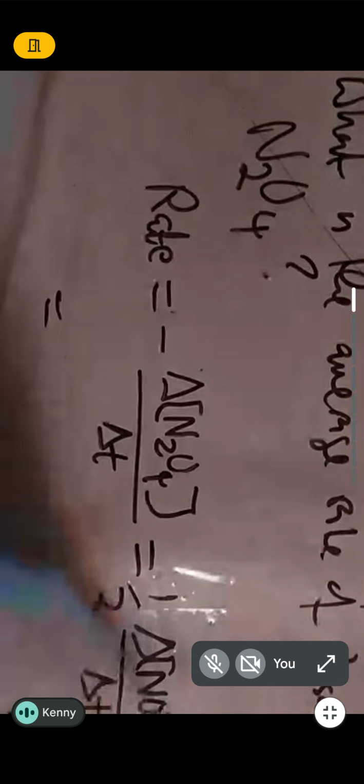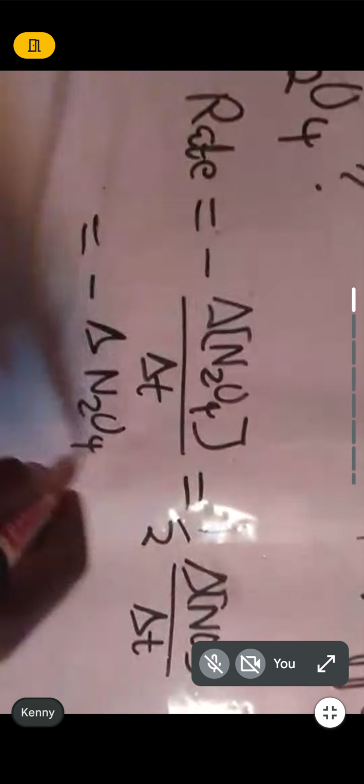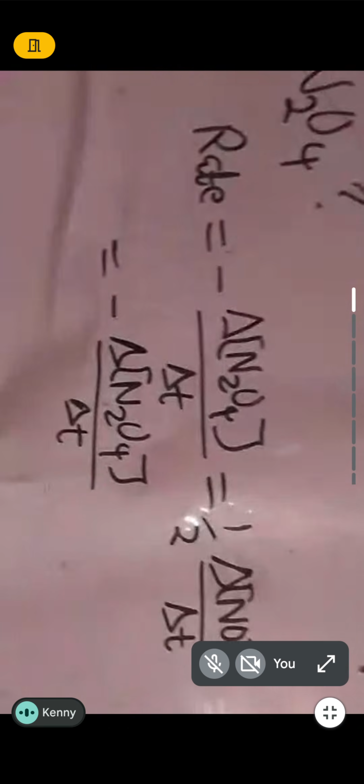There's a negative sign in front, while here we have a positive value. So we write negative delta N2O4 over delta T, which is equal to